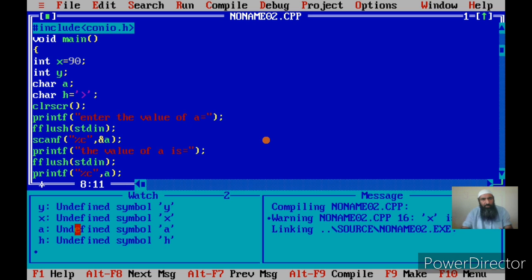Now on the keyboard we have two types of characters. One is printable characters and one is non-printable characters. Printable characters are those that appear on the monitor when you press them. That means you can print them. But there are certain characters which are not printable, that is, you don't see them on the monitor when you press the keys that represent them.